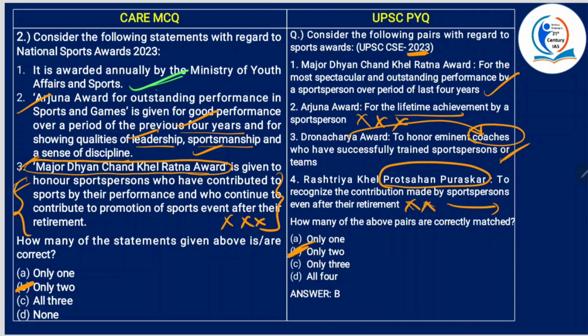And this year, Major Dhyan Chand Khel Ratna Award was given to Rankireddy Satvik Sairaj for badminton and Chirag Shetty for badminton. So these 2 names you have to remember because there are only 2 in this category. Alright, now,